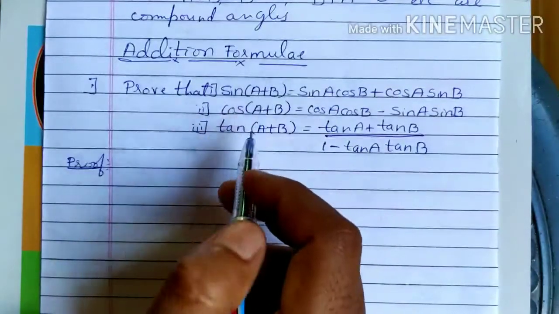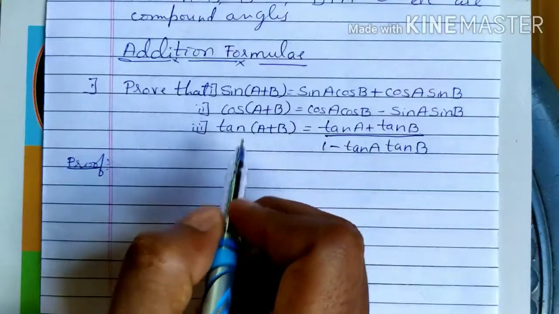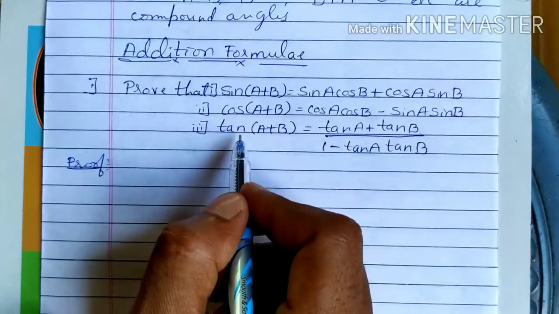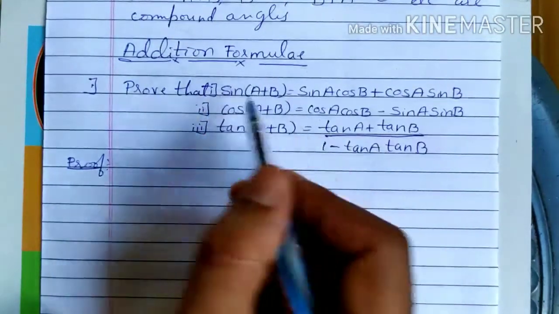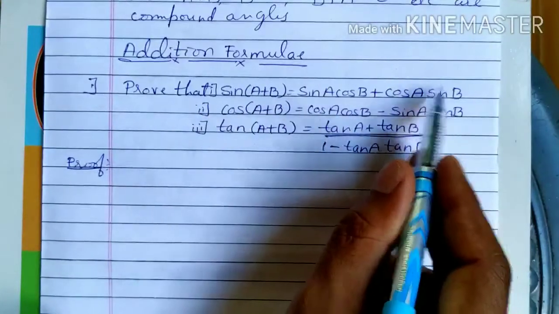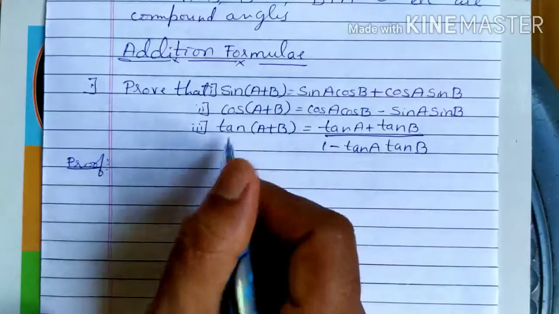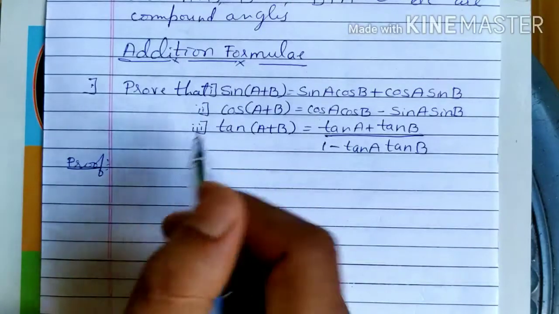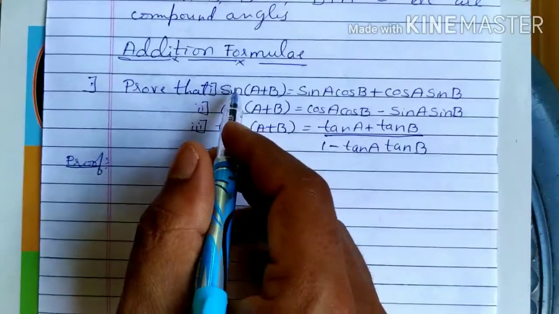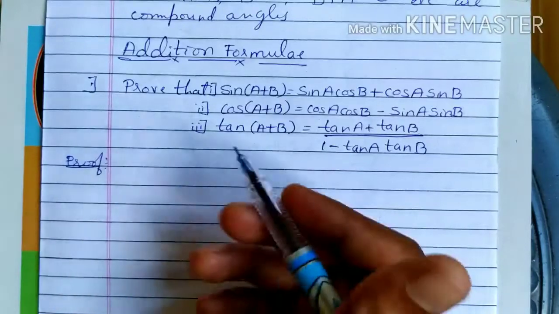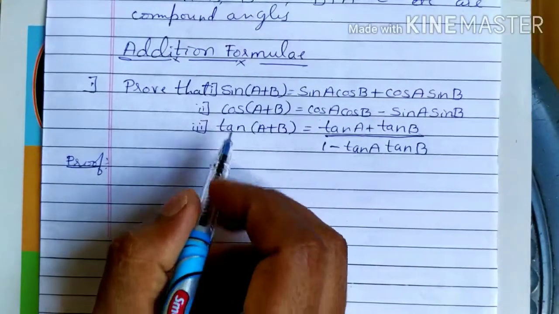Okay, these formulas are very important. So they will ask in the examination, definitely one of these three. Only one, either the first one or the second one or the third one. But while proving the theorem, now I'll prove all three together. In the examination you have to prove it separately.